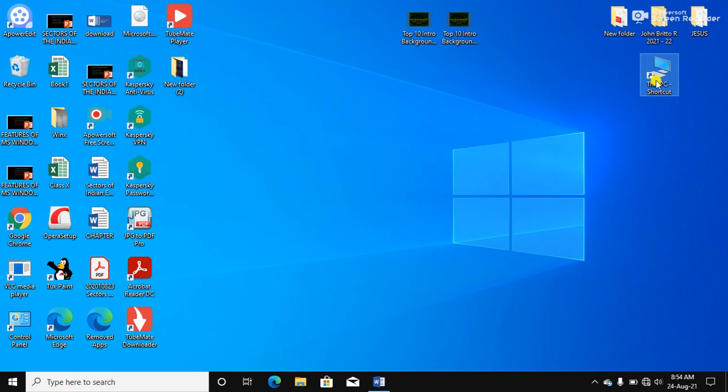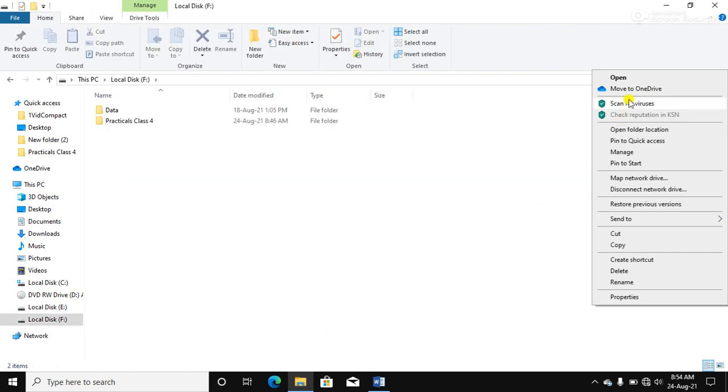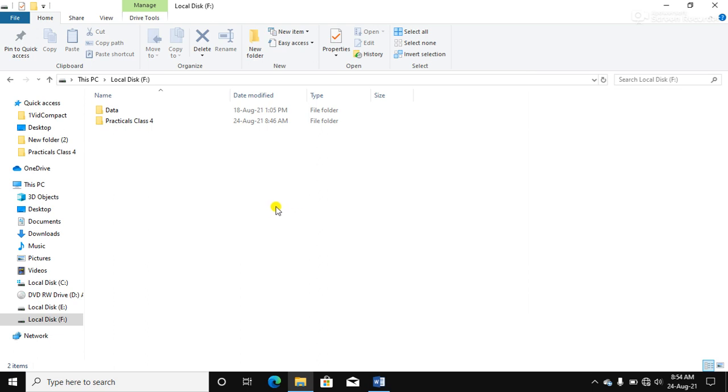Suppose you want to create a new folder in your hard disk. So how can you do? Suppose I want to create a new folder in F drive. So let's see how can we do. Here you can see the option new folder. Okay.